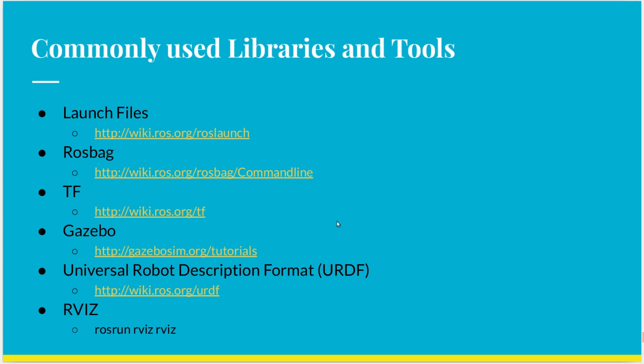We'll now look at a few commonly used tools and libraries. Each of these topics is too big to be explained in detail in the workshop. Hence, I will be providing small introductions to each of them, and the links required to read about them further are mentioned over here. Launch files are files that are written to launch multiple nodes together. This helps simplify the task of starting up a huge system with many nodes, which cannot be done using the ROS run command to start each node manually. The file can be written and saved under the launch directory in a package and can be called using the ROS launch command.